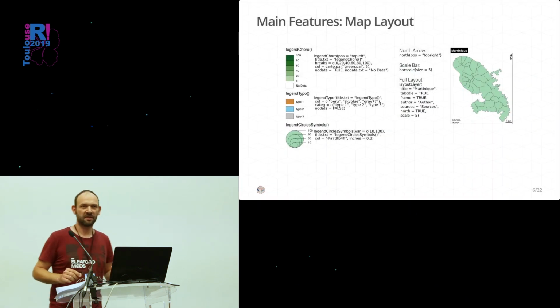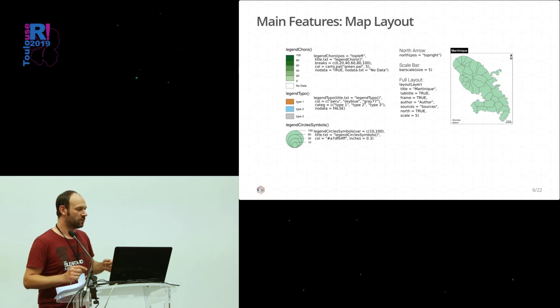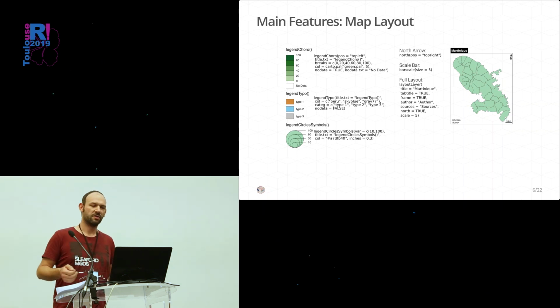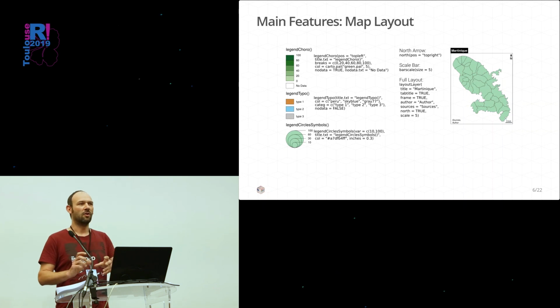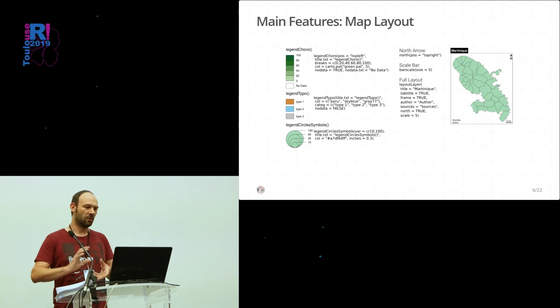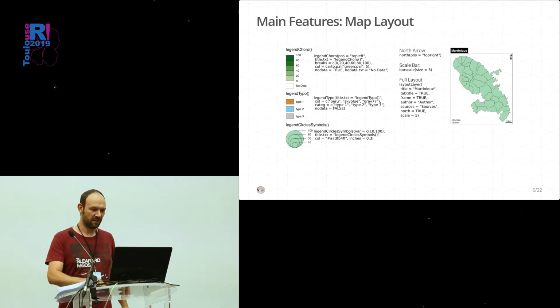The other aspect that was very important for us was to have a set of functions to create legends that are good looking and that respect our way of doing legends. So we worked on specific functions to use all the parameters that we wanted. And of course, all the map layout elements like the north arrow, the scale bar, and a box for the title, and so on. All these functions can go together and you can combine them.